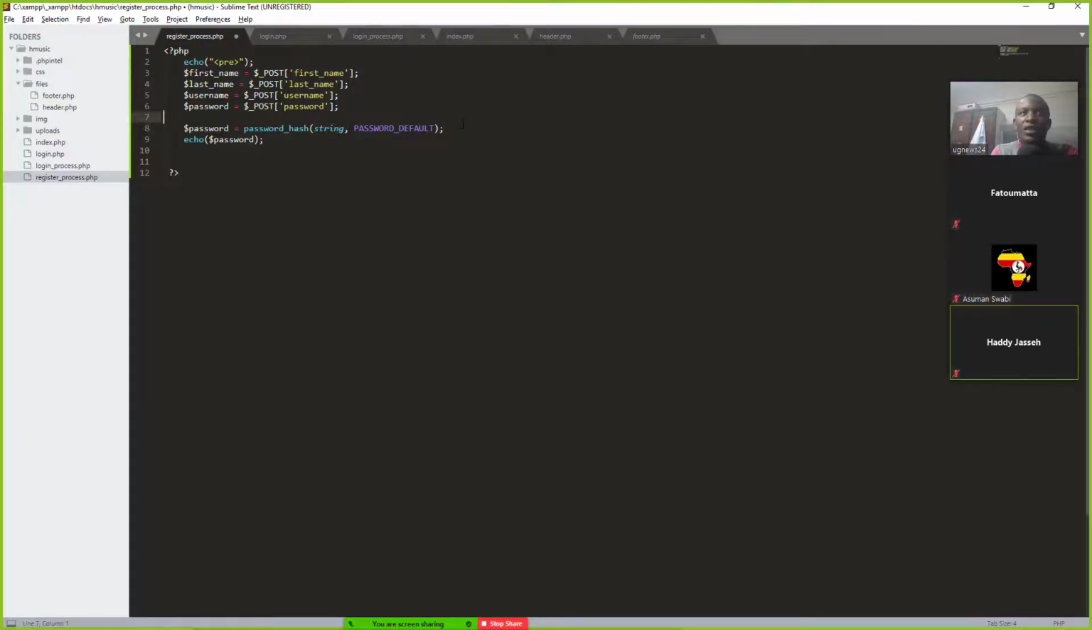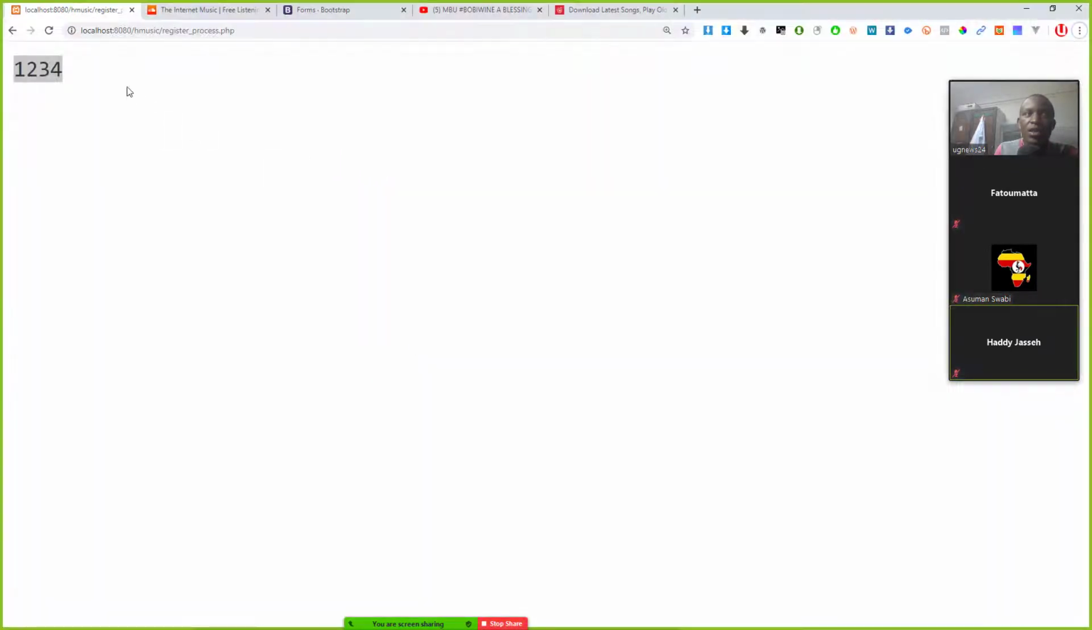So I'm going to hash this password that I've got from the form here. I can either put it directly from here, or I can first copy it here and then paste it here. Then PHP will hash this password for us, return it, and put it inside here. I hope everyone understood that. So if I come and refresh,